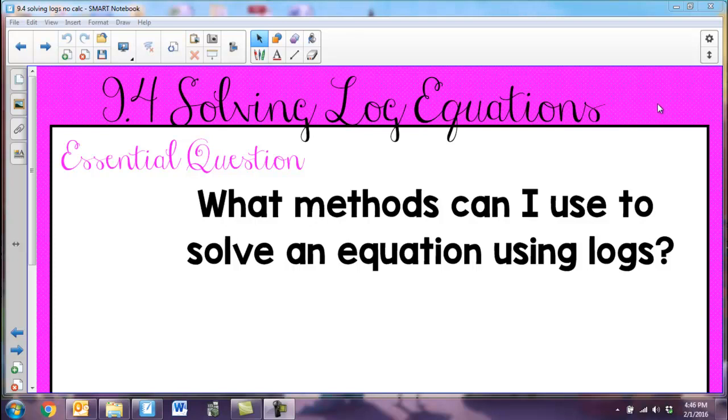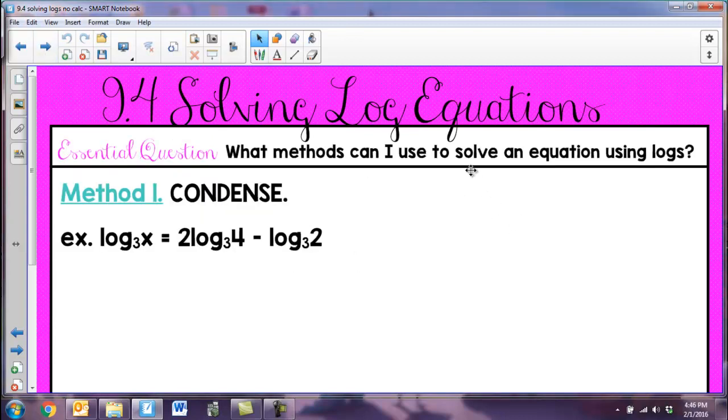Hey guys, today we're going to continue reviewing stuff about logarithms, and we're going to start solving log equations. So you're going to ask yourself, what methods can you use to solve an equation using logs? We're going to start with my first method, which is going to be when I try to condense down